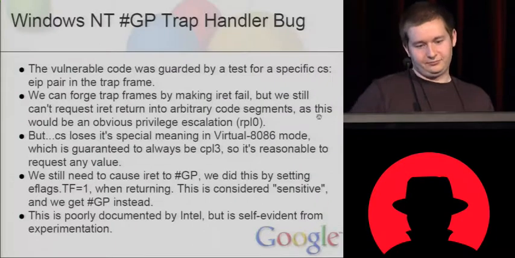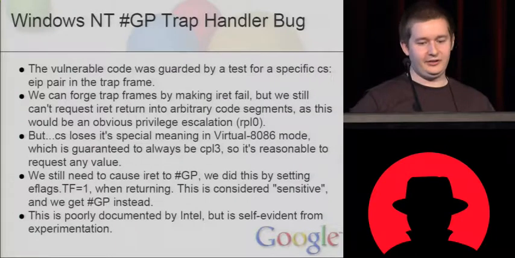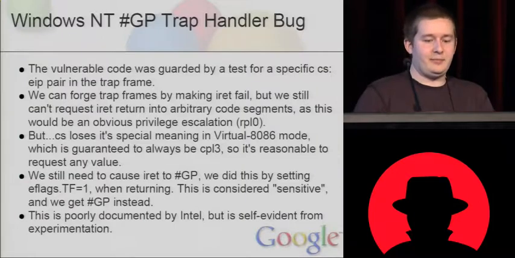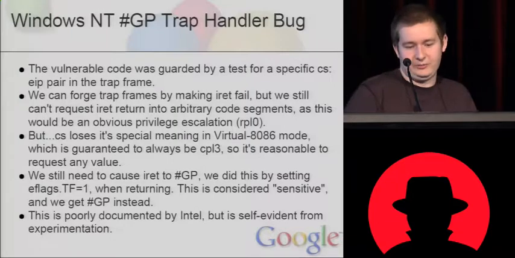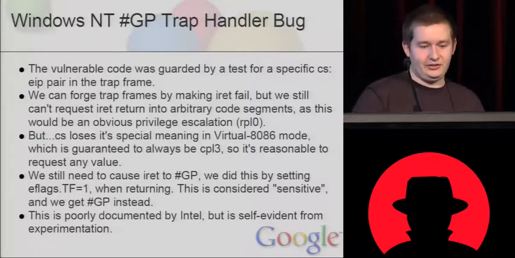So this code that we'd found in the GP trap handler was guarded by a test for a specific CS:EIP pair. We can forge these with these trap frames by making IRET fail, but you can't request to return into a ring 0 code segment. Obviously, that would be stupid because you're just using an RPL0 value and